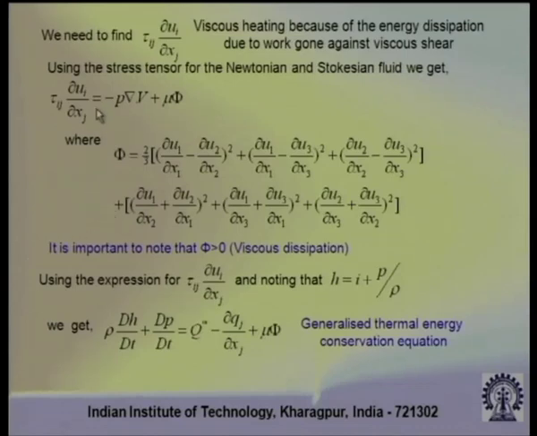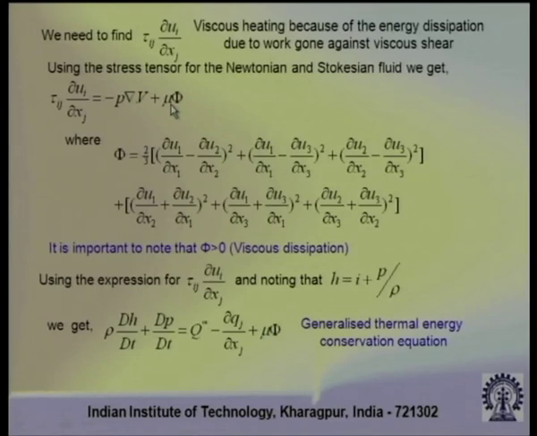So, you can simplify that expression. How do you simplify that expression? For Newtonian and Stokesian fluid we have already derived what is tau ij. Now, you can substitute that tau ij in the expression tau ij into del ui del xj. Once you do that and make an algebraic simplification, all those effects are combined in the terms shown in the next equation. So, in the next equation, you have this tau ij del ui del xj which contains a pressure work term plus a viscous dissipation term.